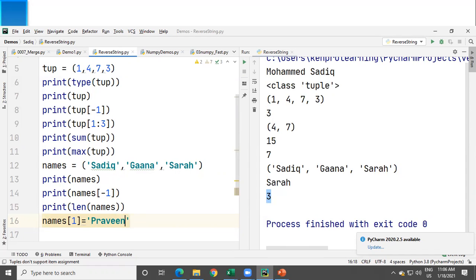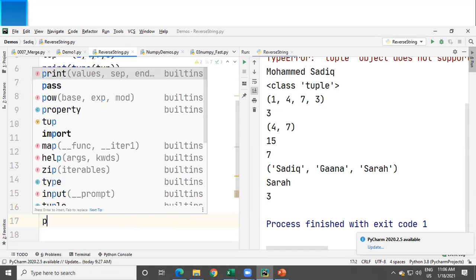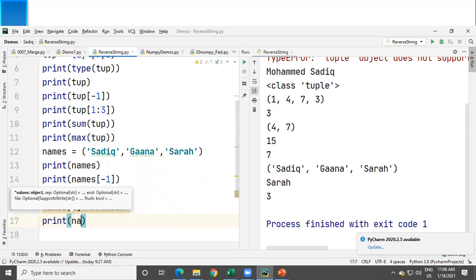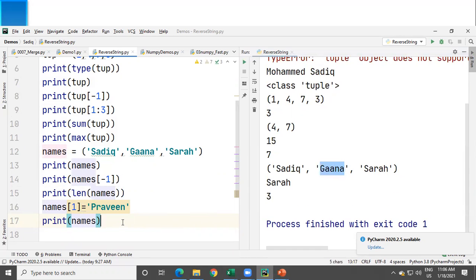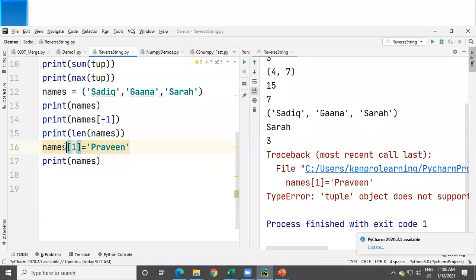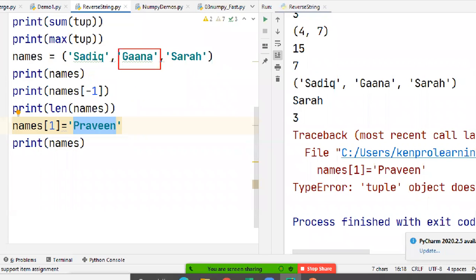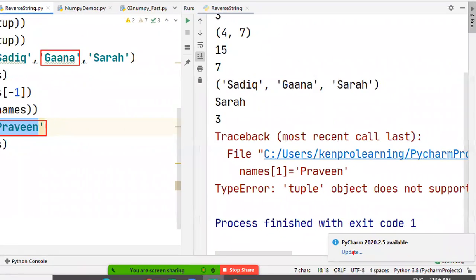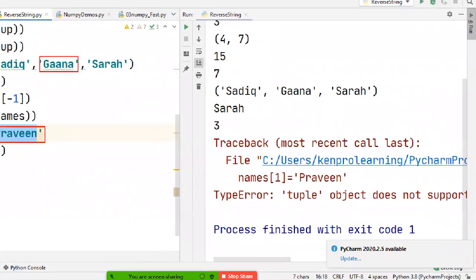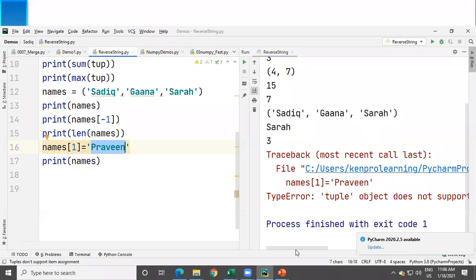Now you can see when I run this, it will print names. We can see here when I say names of 1 is equal to Praveen, that means I'm trying to modify this Ghana to this particular Praveen. Which is throwing an error, type error: tuple object does not support